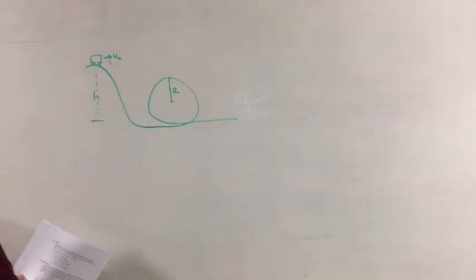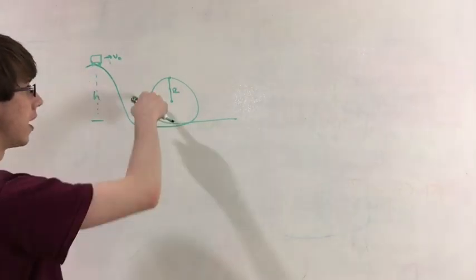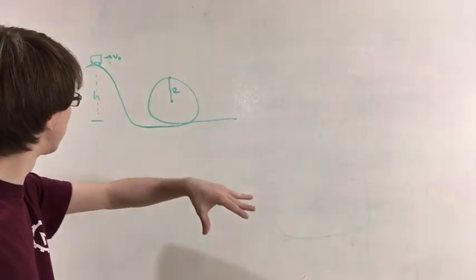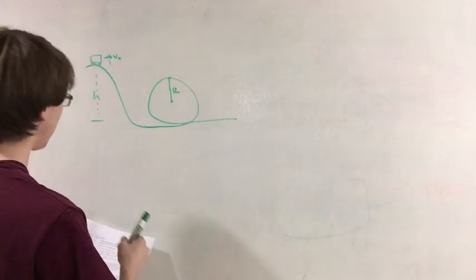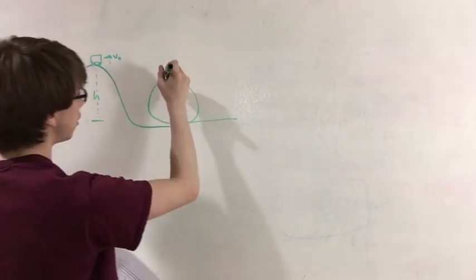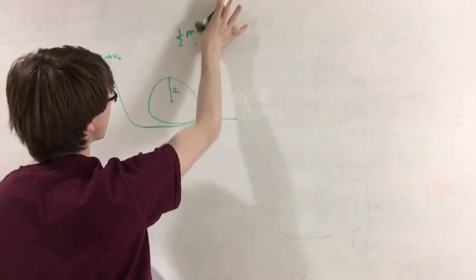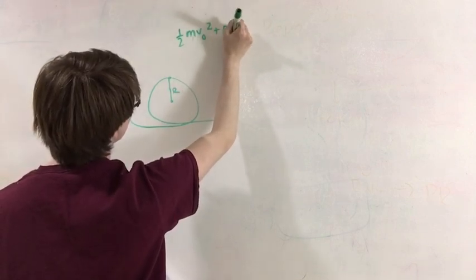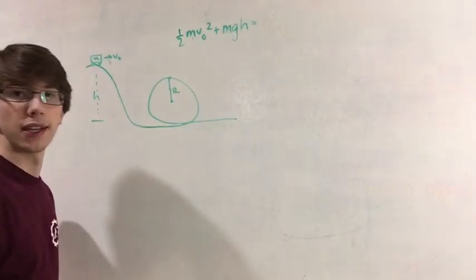Alright, so we're going to pull from in the future energy, starting with our initial energy, ending with the same energy. No friction, so there is no force taking away energy from the system. So conservation of energy. So our initial energy is we have kinetic and potential energy at the beginning, not just potential energy because we're moving at the start. That's going to be 1/2 m, because the mass is m, v0 squared plus mg times the initial position height is equal to the same as the energy here. That is going to be